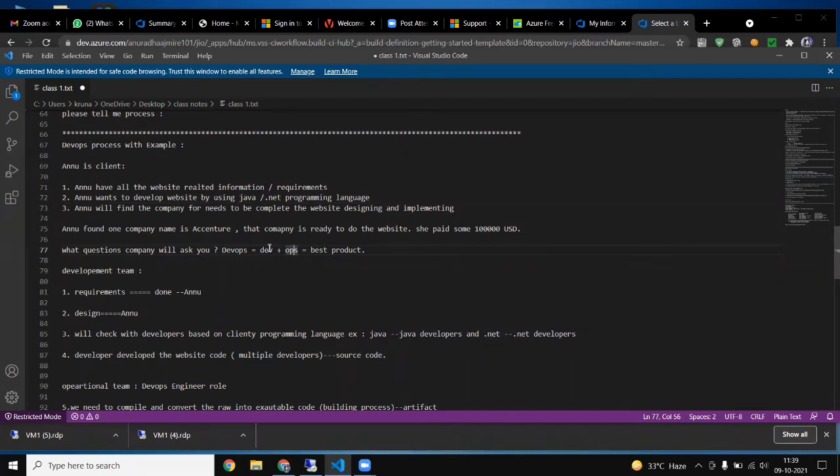As DevOps engineers, we are not developers. We are not writing any code. Writing code is the task of the developer who knows the programming languages Java and .NET. If you don't have knowledge of Java and .NET, it's okay. That is not needed because your work is operation. But you should have contact with the developer, because the developer will write the code and